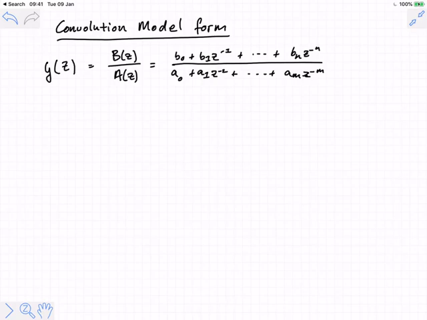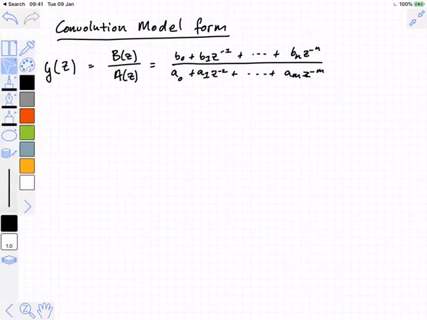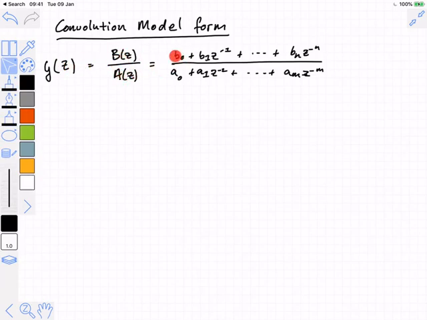The convolution model form allows us to take a discrete transfer function and express it in terms that are easier to use for computer calculations. It's an obvious form in the sense that if I were to take a transfer function like the one that I have here, where we have a numerator and a denominator polynomial in z,